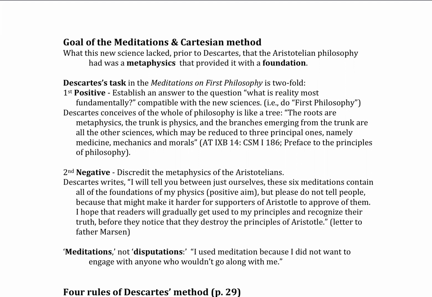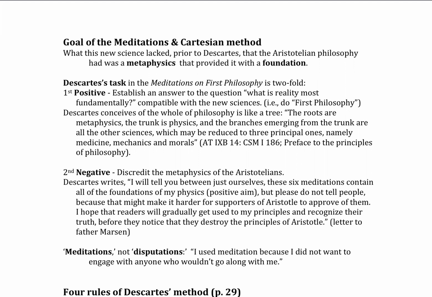Let me say also a bit about the objections and replies. The Meditations were circulated before publication to a bunch of prominent intellectuals in Descartes' time. Descartes solicited from these intellectuals replies, questions, and objections that he then responded to. And so when the Meditations were published, they were published with a ton of objections and replies, in fact much more text than there was in the original Meditations. I mean, the body of the work was in the objections and the replies.